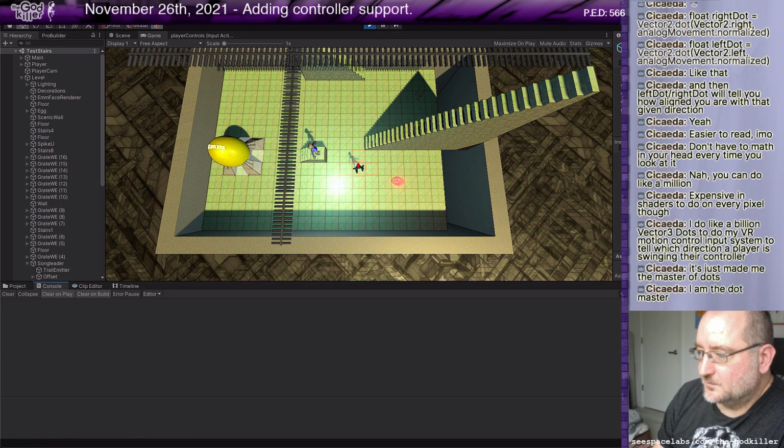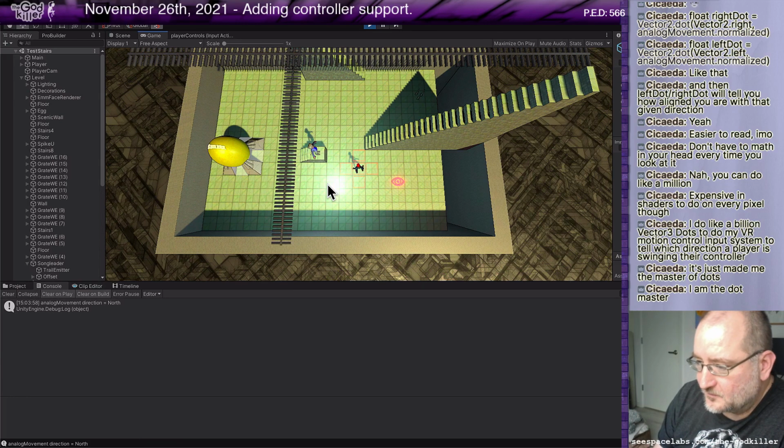Okay, north. Oh, click on the screen. North. There we go. Okay. Tiny little bit to the right of north. Not dramatically diagonal though. Let's go a little more. Okay, a little more.